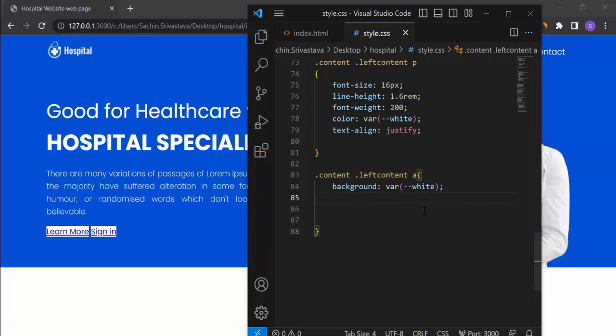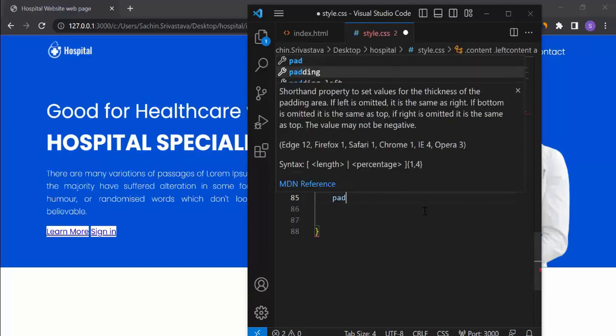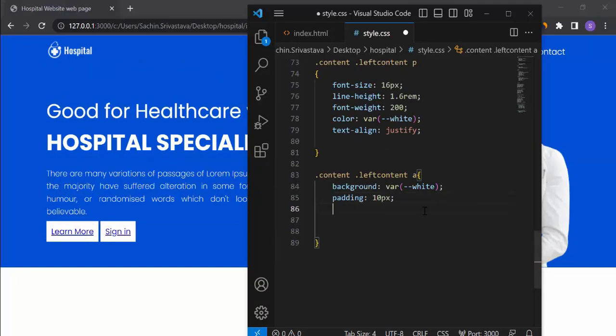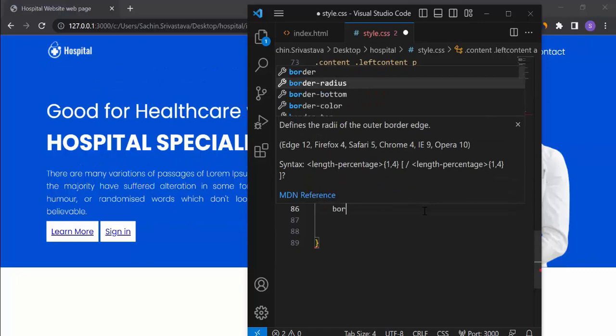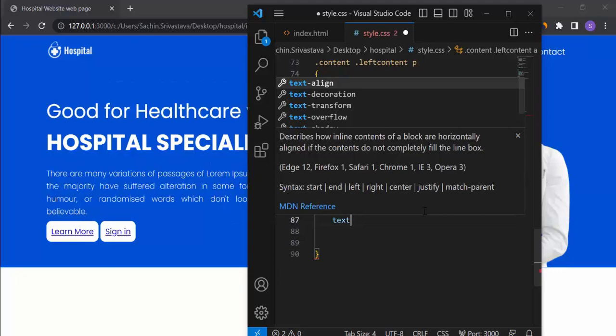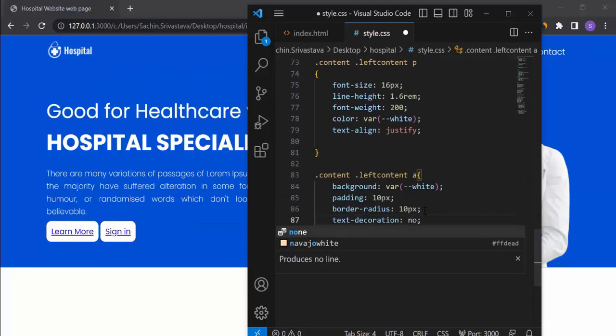Okay, so padding 10 px. Okay, and border radius, and we can say 10. Okay, and text decoration none. Okay,